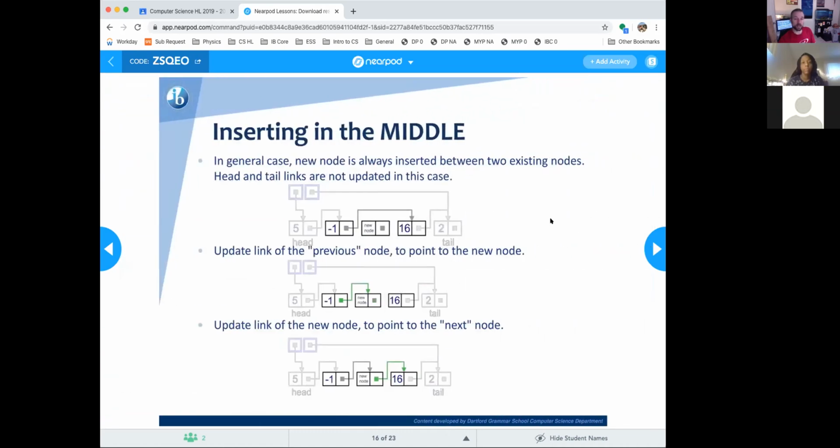Now, here's insertion in the middle. I liked our other diagram a little bit better for inserting in the middle, but if that one didn't work for you, then